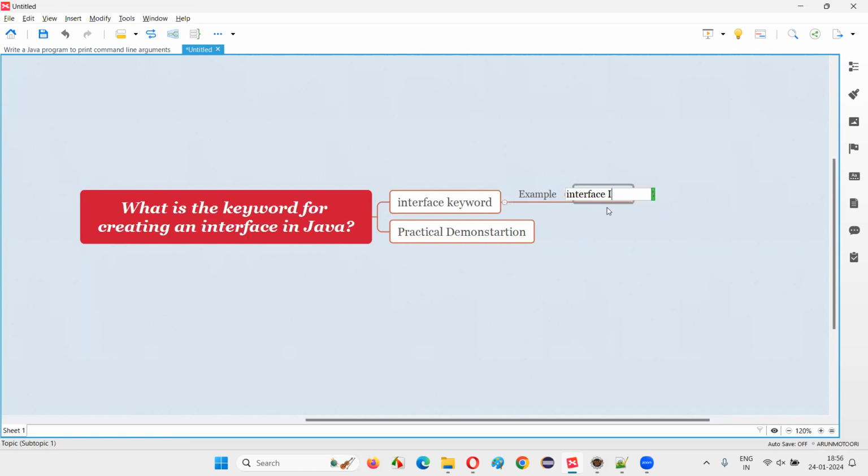Interface, interface name. Like this, we have to create an interface in Java, with a starting and an ending of the interface. Okay. So like this. There is some code in between the interface and all. Okay. So interface is a keyword that we have to provide before the interface name while creating an interface in